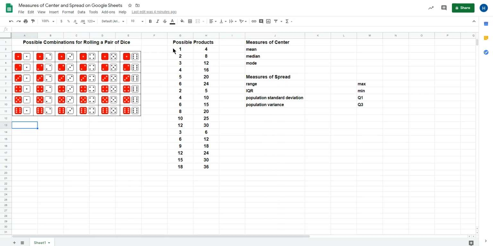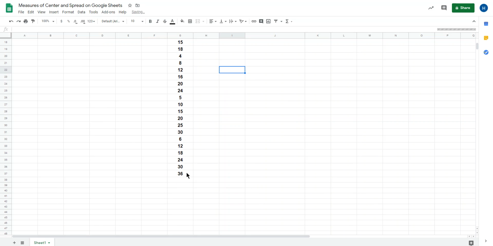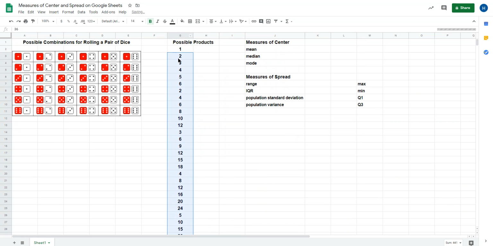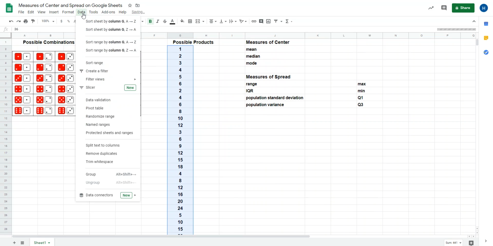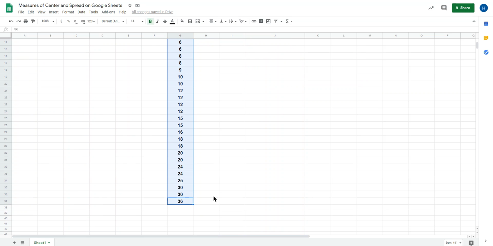Our data set here is all the possible products that can be achieved by rolling a pair of dice. So there are 36 entries, we call them different data points. And so I'm going to go ahead and cut and paste these. I know that seems like a weird thing to do because now it's off the screen, but I'm doing this because Sheets will allow me, if I select data and then sort range A to Z, it'll sort it from lowest to highest. That's a really cool functionality because you know that a median can only be found